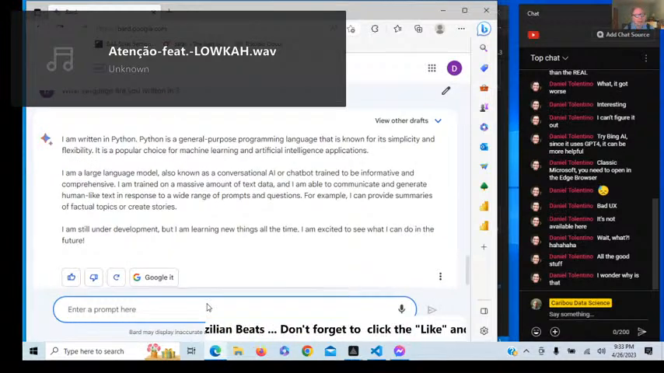I'm written in Python, really. I am a large language model, also a conversational AI. Chatbot trained to be informative, comprehensive. I am trained on massive amounts of text data. I am able to communicate in